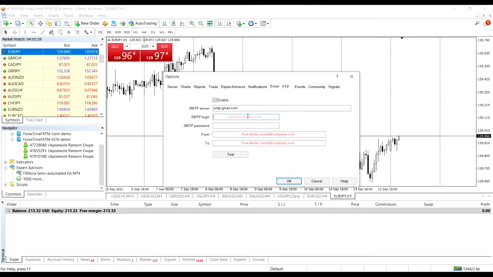For my case, it's my forex signals @gmail.com, and then for the password, you simply write the password for the new email address you've created.